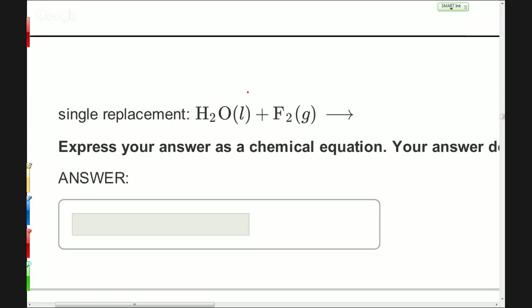So if H goes with F, that makes HF, right? Because F is -1 and H is +1. Now this is, again, not ionic, but that's okay. And that means the leftover thing is going to be O. But whenever oxygen is by itself, it should be O2. Now the other option would be the H stays by itself and becomes H2, and the O and the F